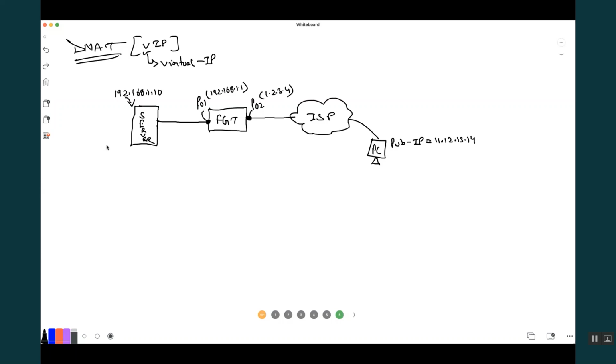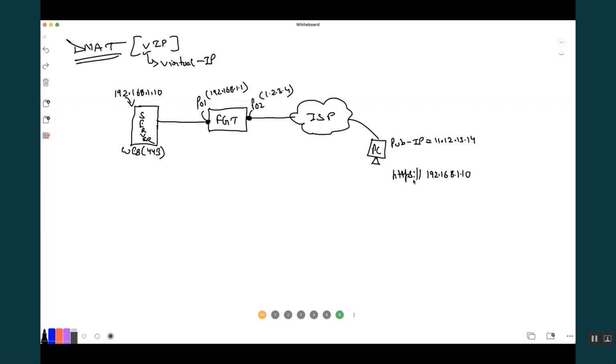This is nothing but a web server, hosted on port 443, for example. If I have to access this server, what will I do? I will say HTTPS 192.168.1.10. Correct? Yes or no?